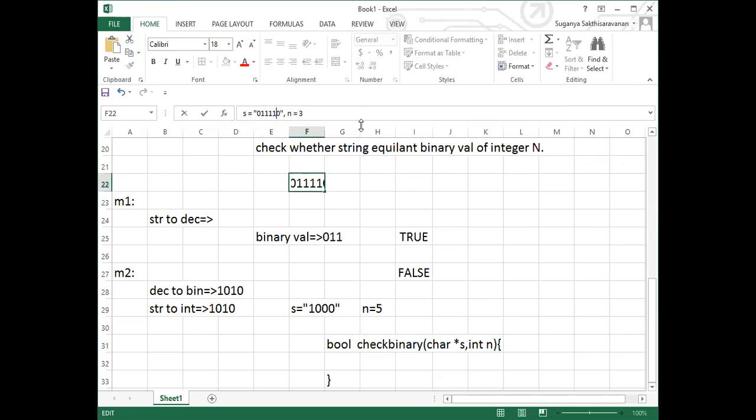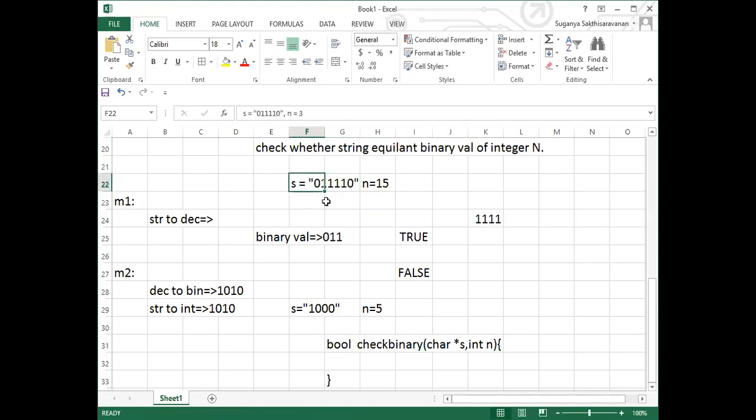So 4 ones. What is the equivalent decimal value for it? 15, right?